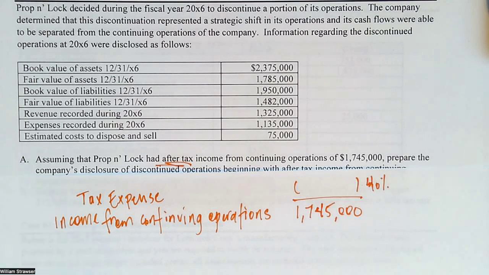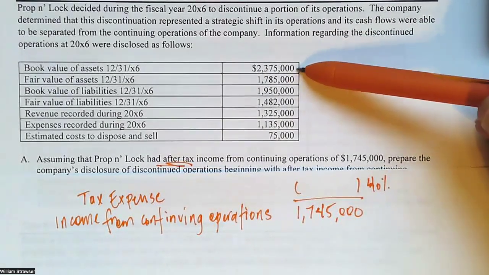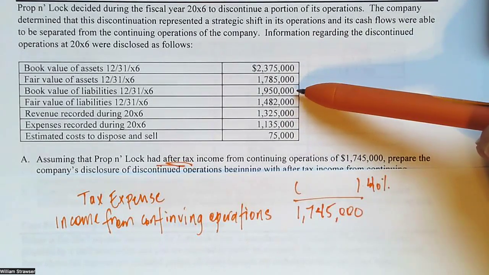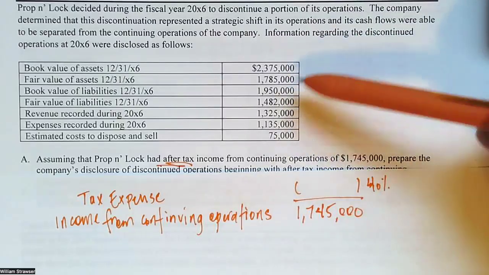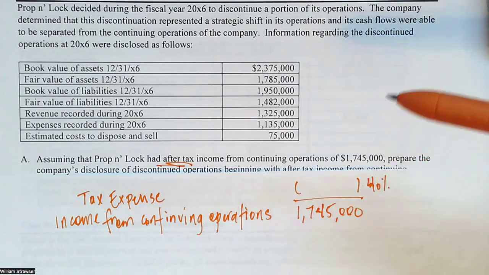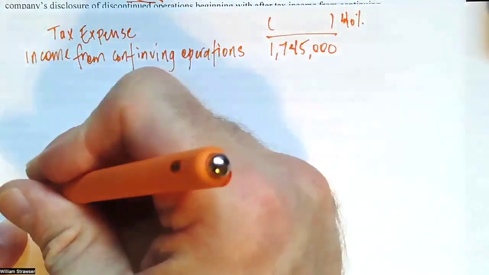An impairment of an asset that we are trying to sell. Now, we are trying to sell a lot of assets and liabilities with a discontinued op, right? We've got the book value of assets for this discontinued op. We have the book value of liabilities for this discontinued op. So it's more than one asset and more than one liability that we're talking about. But when we're holding something for sale, the decision for impairment is